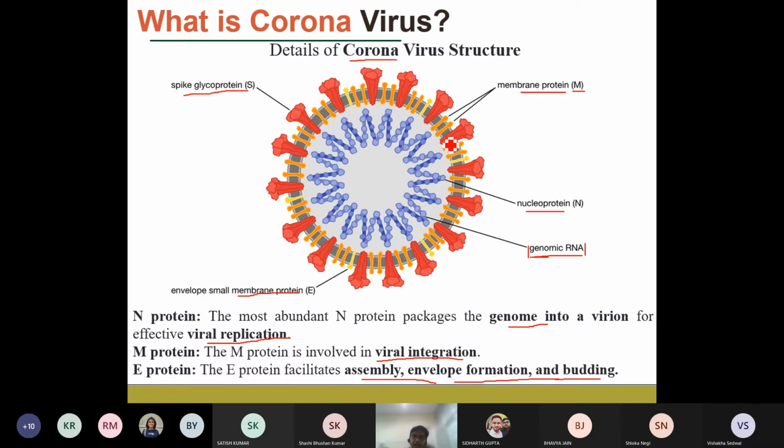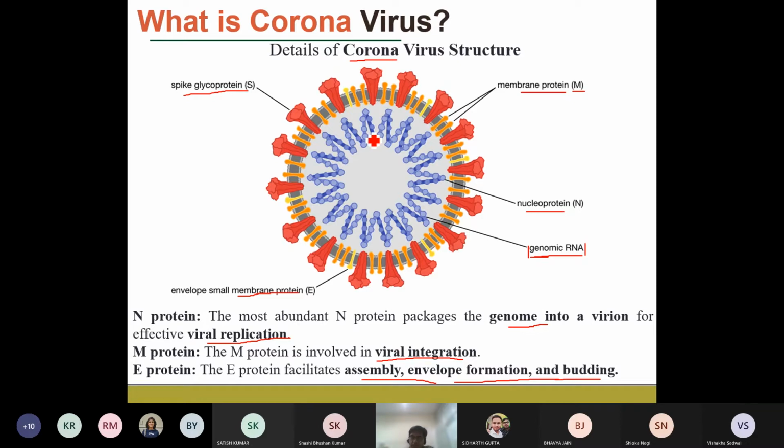And then we talked about the different components of this coronavirus, like it has a glycoprotein structure, the membrane proteins, the nuclear protein, the spike proteins, and so on. So what we do is we break apart these spike proteins and the membrane proteins, whatever is there, and then we extract this inner genetic material, the RNA. Okay, and then that RNA is amplified, and RNA is converted into DNA.